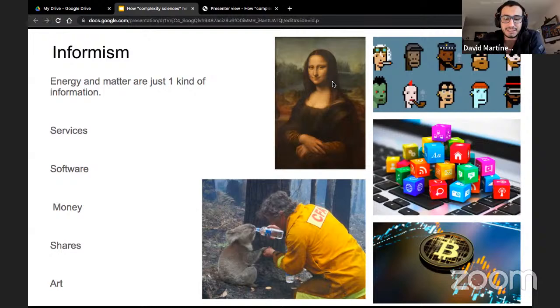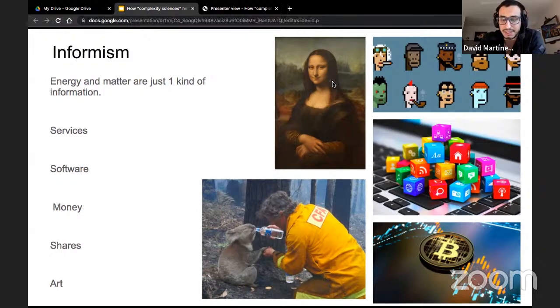And this is because in our practical life, we not only use or exchange goods in terms of matter, and we give them value. We give value to even non-materialistic things like services, software, even money.